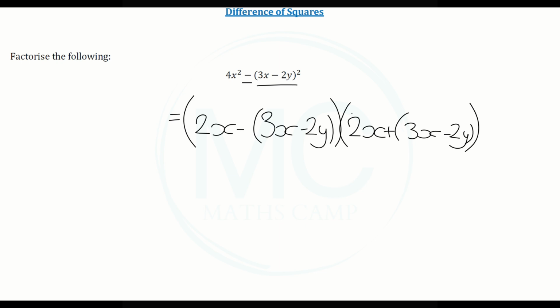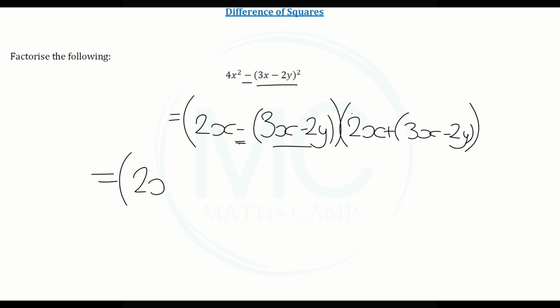Now we have a bracket within a bracket. And we do this because the minus sign over here is going to change the signs of the terms inside the bracket. So let's expand these smaller brackets. And we have